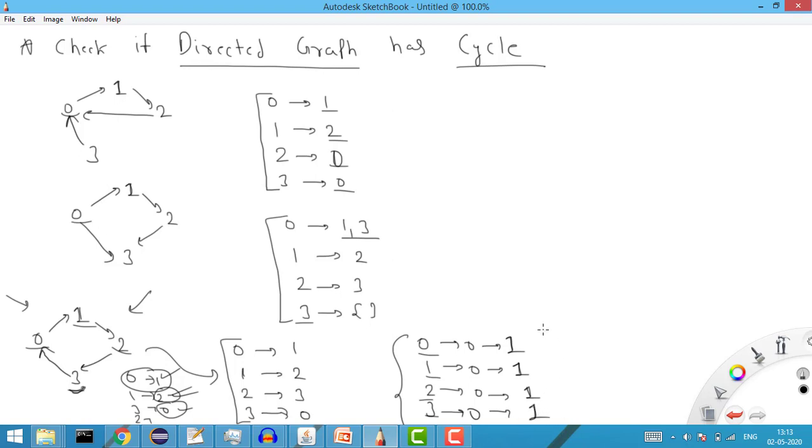Now once I have set the incoming degrees, I will check, and if there is no single point whose incoming degree is 0, then I am sure that there exists a cycle here. If you start from any point, you will always reach that point because all the incoming degrees are 1, right?